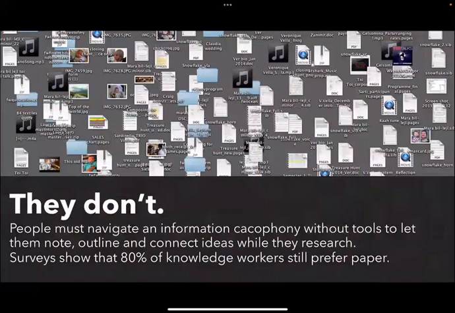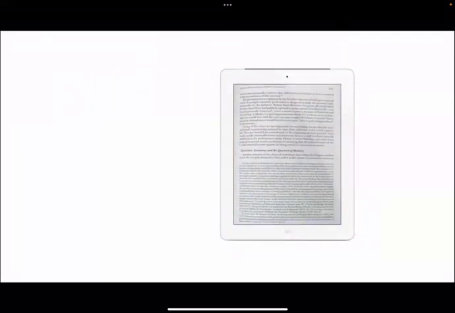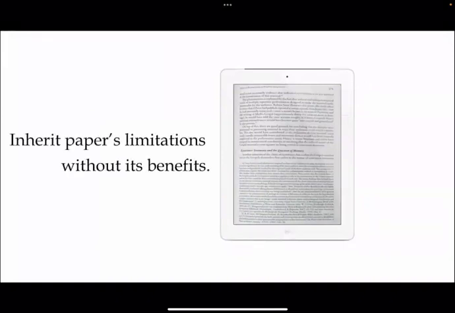Like 80% of professionals and students tend to prefer reading on paper versus digital. Well, that's shocking. I mean, that basically means that in one of the most important areas of human thought, of understanding the stuff that we read, computing is in a lot of ways making it worse. So why is this? Well, it turns out that most of the way that we've approached reading in digital is by taking the experience of paper and putting it on a computer. And the problem is that when you try to replicate paper on a computer, you end up inheriting the limitations of paper without really inheriting the things that make it work, without inheriting its benefits.